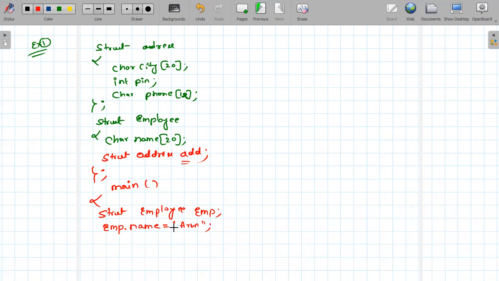Okay, employee name Arun I have given. Again, I wanted to access this structure. That is the reason why I always told you the dot operator is going to help you. So that's why what I am going to do,